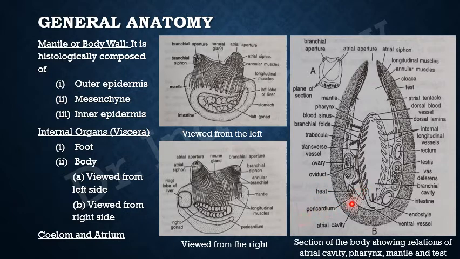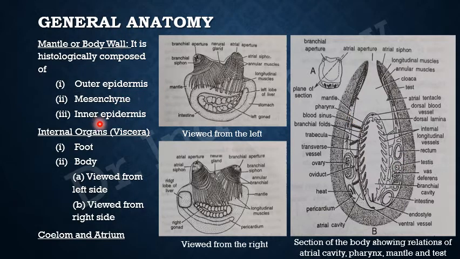And pericardium, and this ventral vessel, and the endostyle, which is fused with the mantle. The inner edge of the mantle is fused with the outer edge of the pharynx, and they are both connected in this region. And this connected region, the lowest region, is lined by the endostyle. So this is the structure of the mantle.